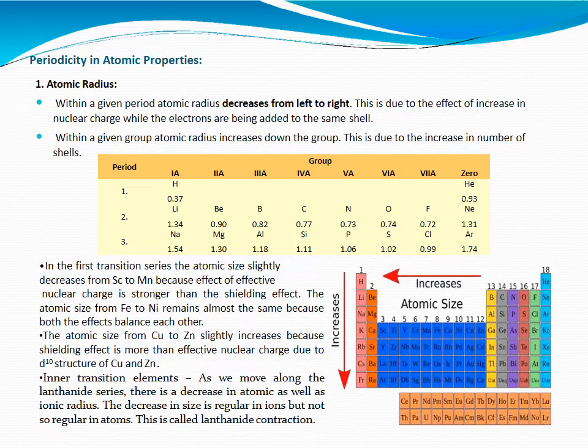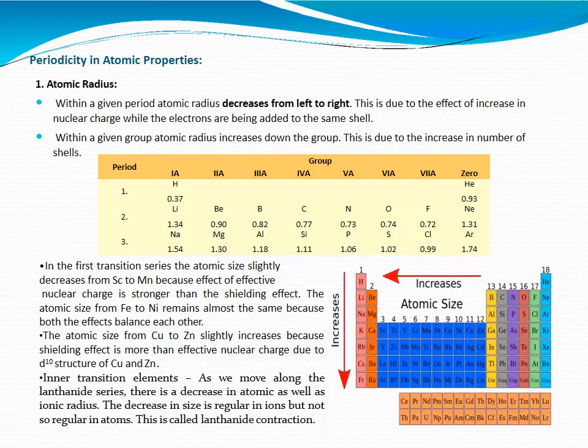Periodicity in atomic properties. First is atomic radius. Within a given period, atomic radius decreases from left to right. This is due to the increase in nuclear charge while the electrons are being added to the same shell. Within a given group, atomic radius increases down the group. This is due to increase in number of shells. As we know, from hydrogen, lithium, sodium, the atomic radius increases because their n increases. And in the second period, the atomic radius continues decreasing due to